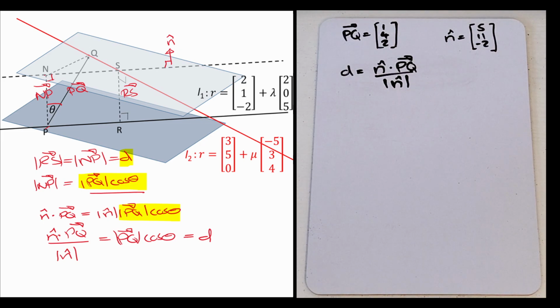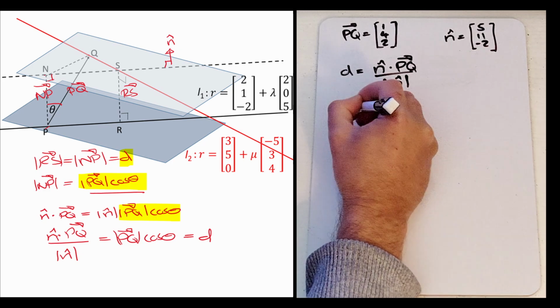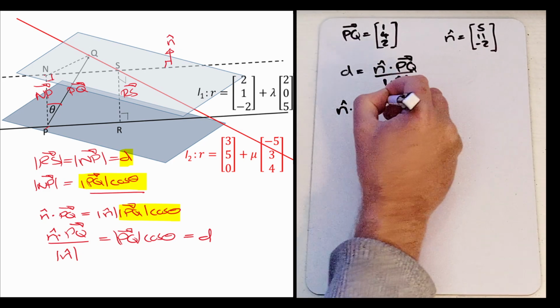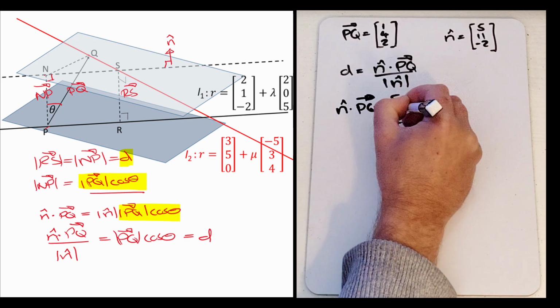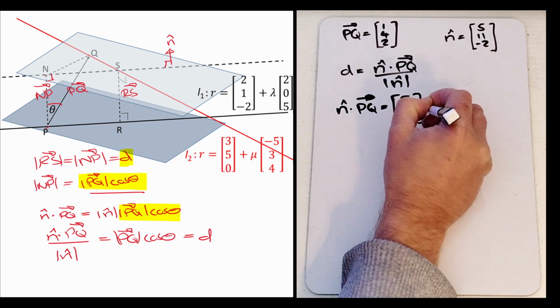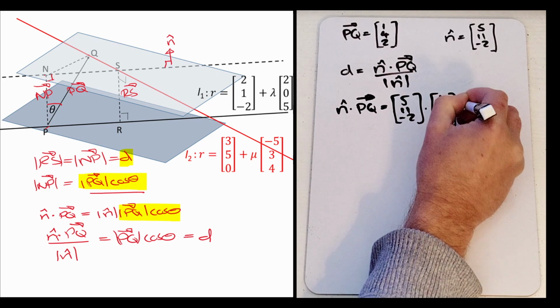You don't need to prove it, but it's a very straightforward method of finding that distance we're after. So let's first of all dot n with PQ. So that's going to be equal to (5, 11, -2) dotted with (1, 4, 2),